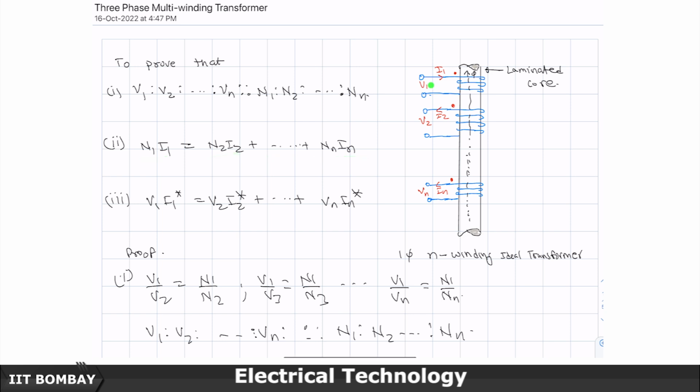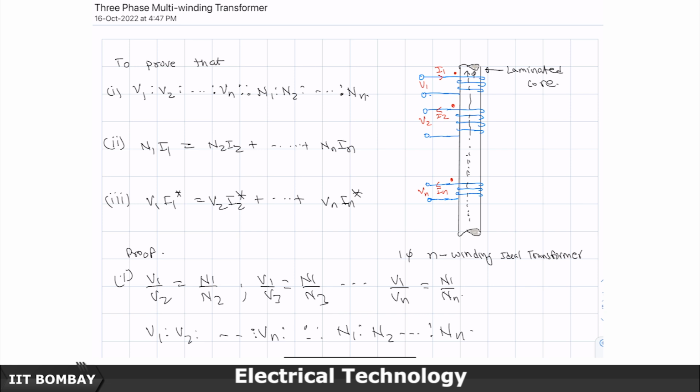So, look at this current. This is the magnetizing MMF, N1 I1, because this current is coming out of the dotted terminal. Therefore, N2 I2 is the demagnetizing MMF. Similarly, N3 I3 is also a demagnetizing MMF, and Nn In is also a demagnetizing MMF. So the difference between the magnetizing MMF and the total demagnetizing MMF, I will have to sum all of them together, should be equal to the MMF which is required to